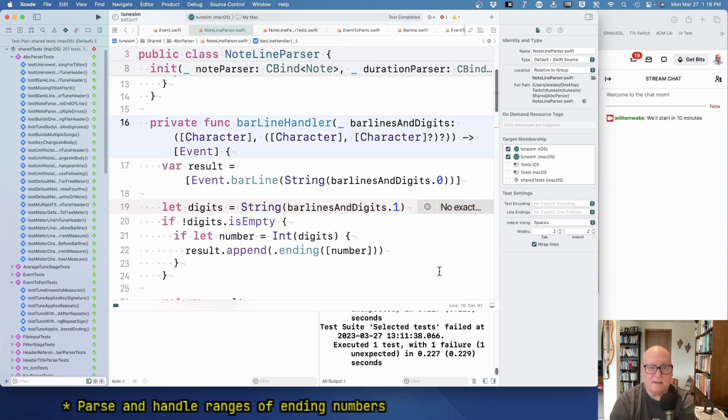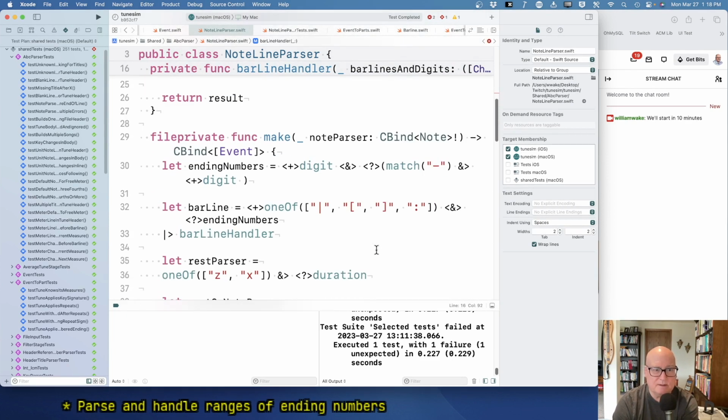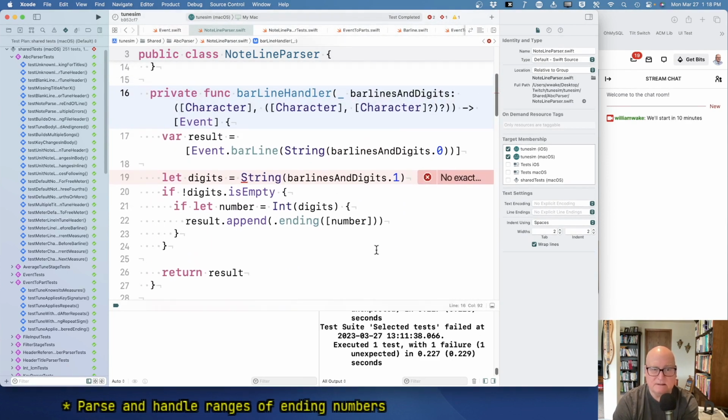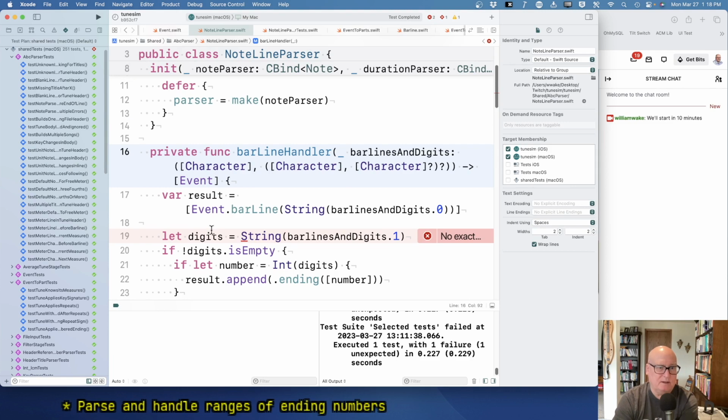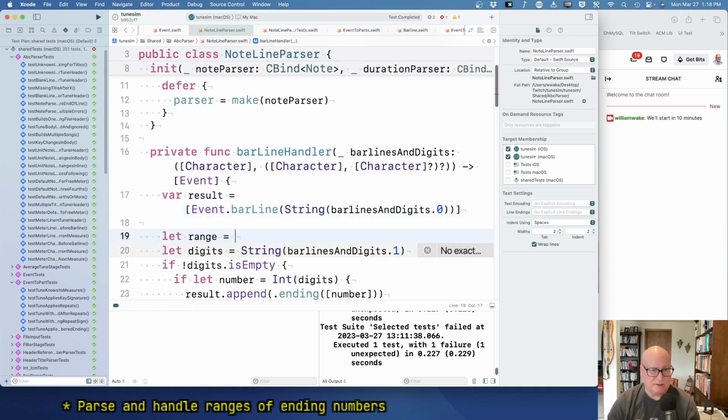This tying in these semantic routines is definitely the worst. Okay, looks like I got it. All right, so now this thing is, well, let's pull the pieces out first. So, okay, we pulled out the bar line from this thing .0. Okay, now let's let range is bar